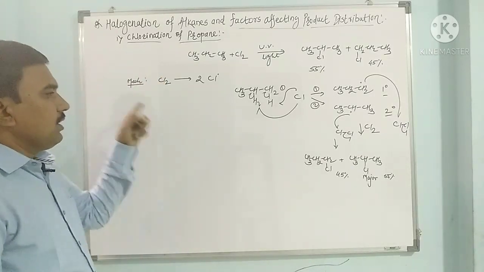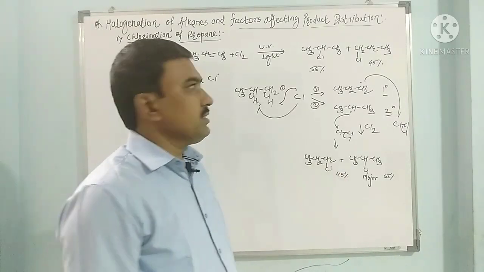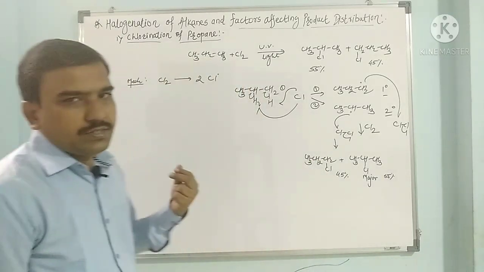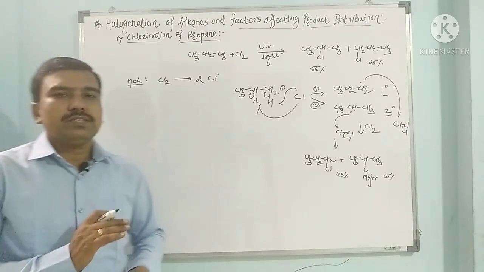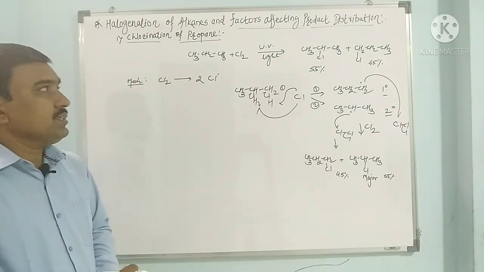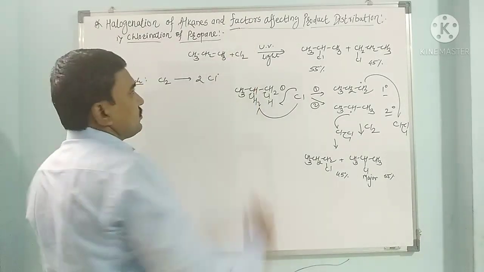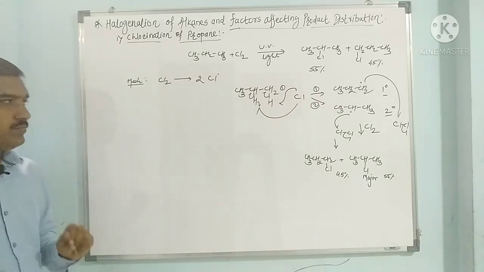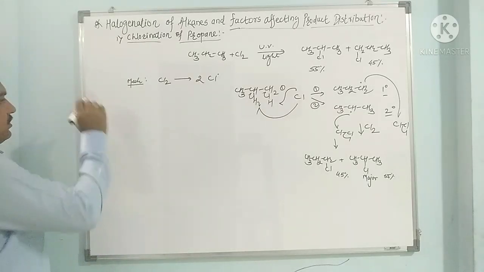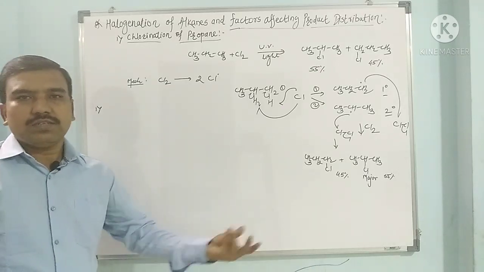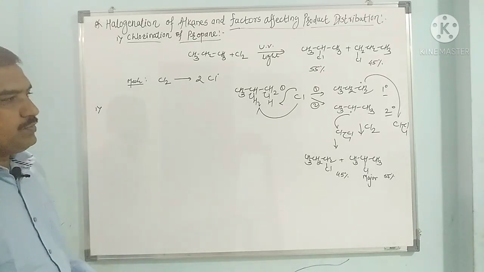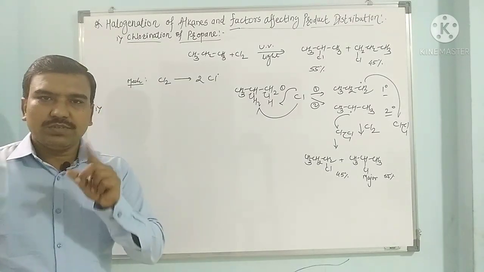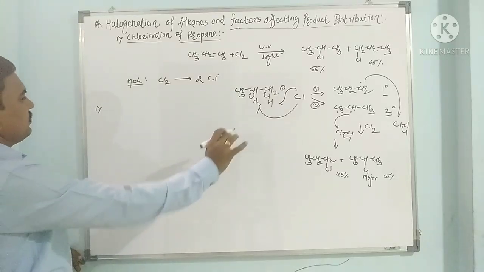Now how do we get this 2-chloropropane as a major while 1-chloropropane as a minor? So we have to see the different factors which affect the distribution of product. So in the next part we will see the factors affecting distribution of product. When we get one of the products as a major one while the other as a minor one, there are different types of possibilities or factors that may affect the distribution of product, in which the first is